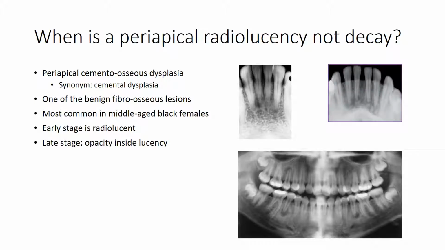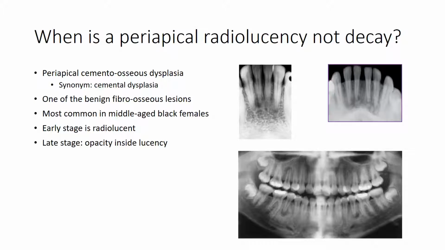So when is a periapical radiolucency not decay? There is this condition called periapical cementosseous dysplasia, and I don't want to go into it too much because it's beyond the scope of this lecture, but it's in the category of the benign fibroosseous lesions. It's more common in middle-aged black females, and it involves